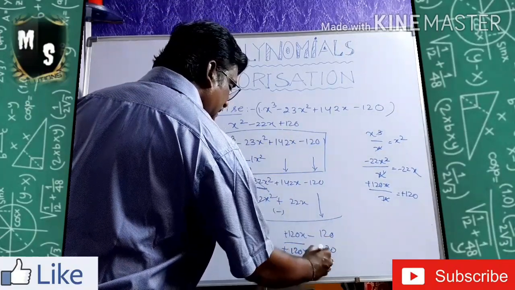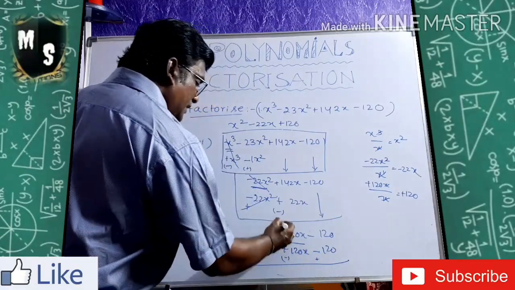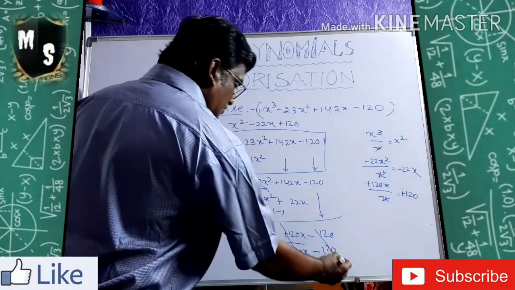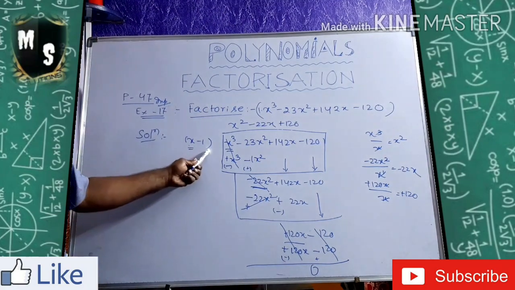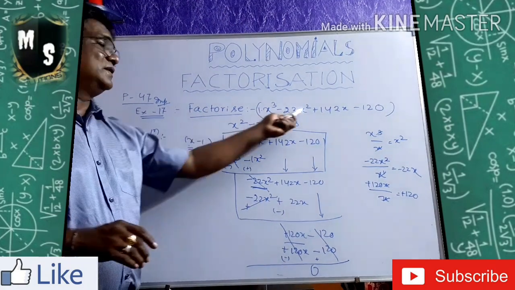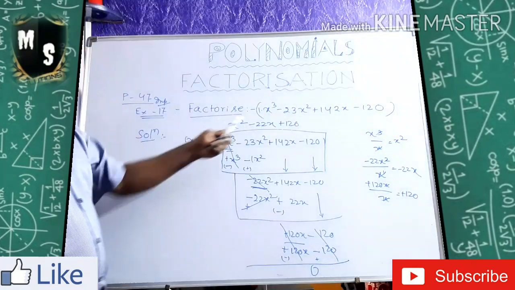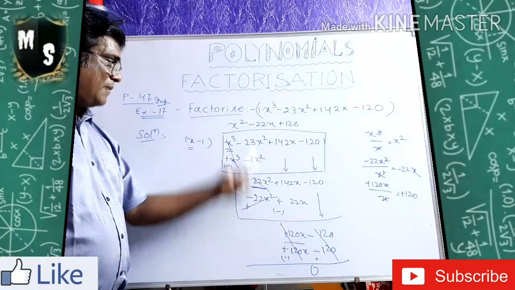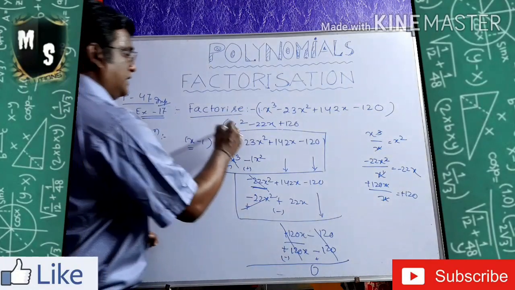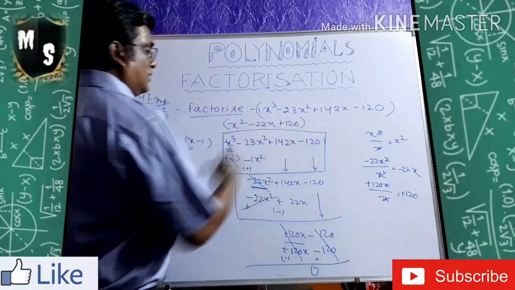Now it is minus and it is plus. Now it cancelled and it cancelled also. What is coming? 0. What I said you? X equal to 1. That means x minus 1 is a factor of this one. That means when it will be divided by this big polynomial, the remainder will come 0. It came. So after that you got a quotient. What is the quotient? The quotient is this one.